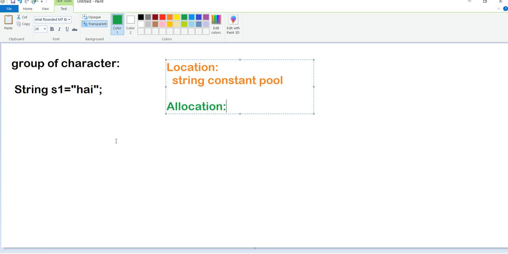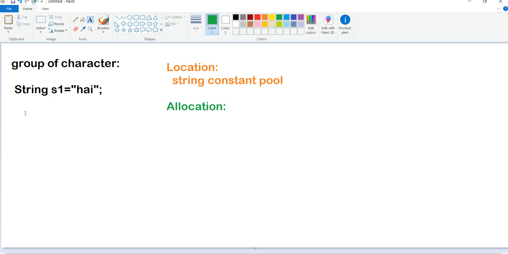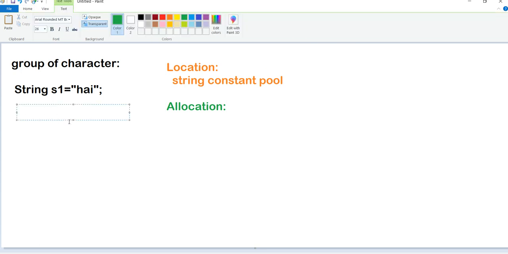So here, I created String s1 = "boy", then String s2 = "boy" as well.